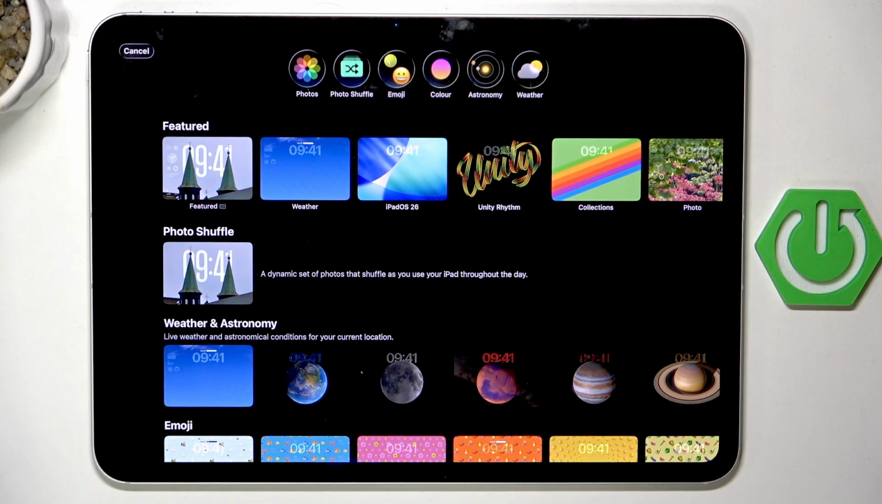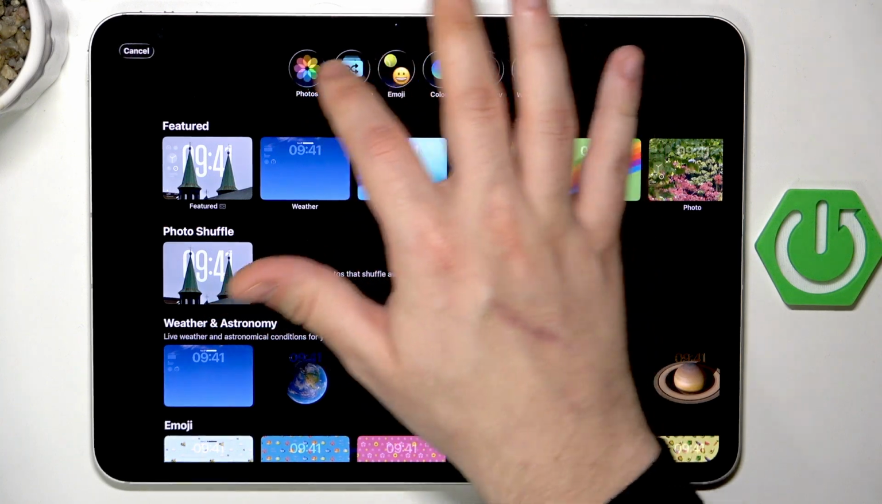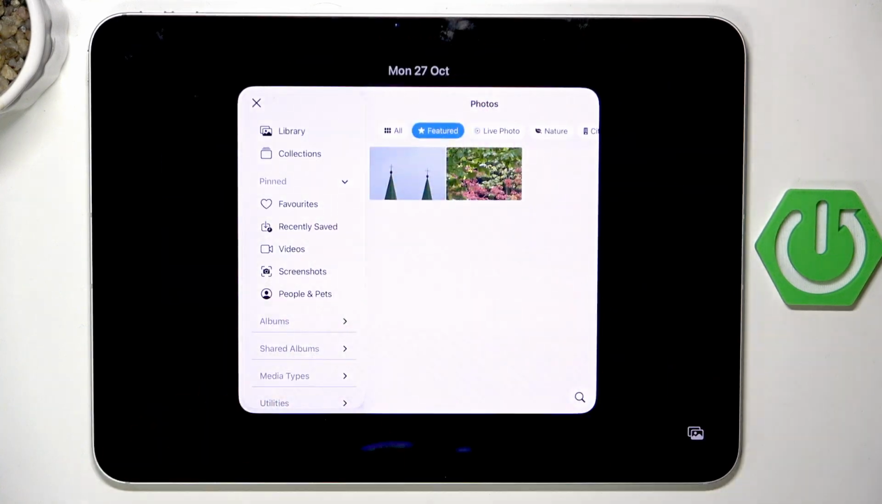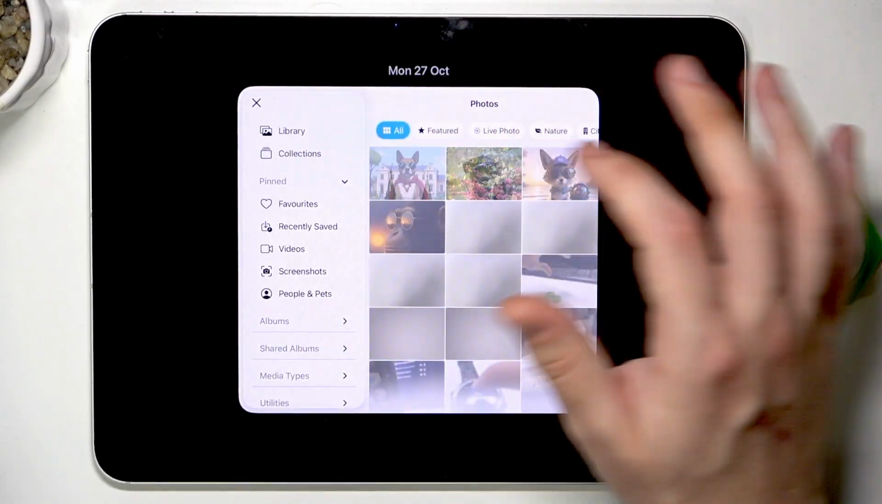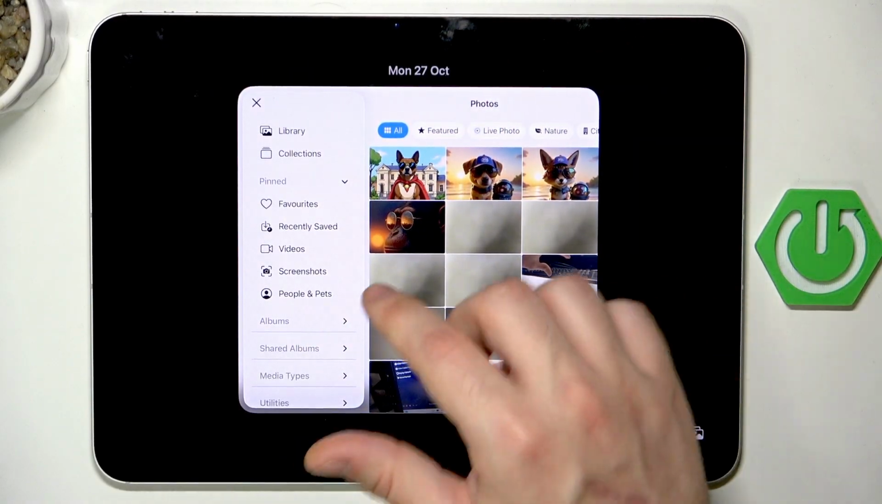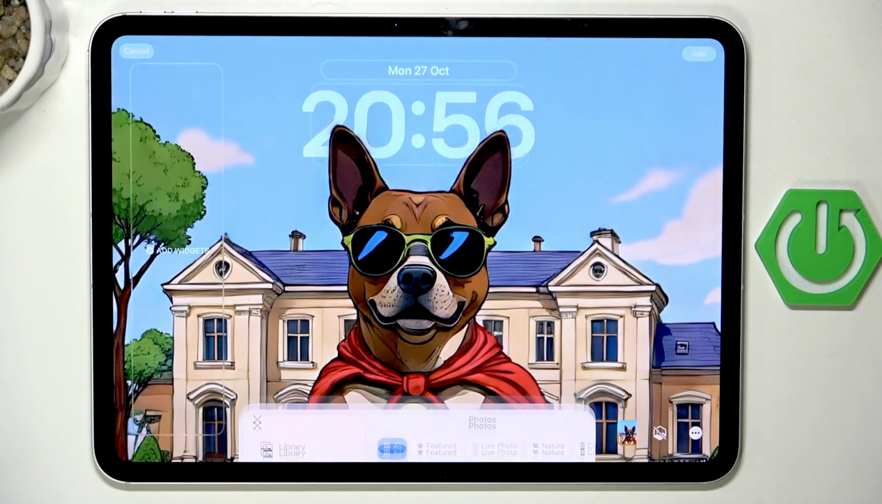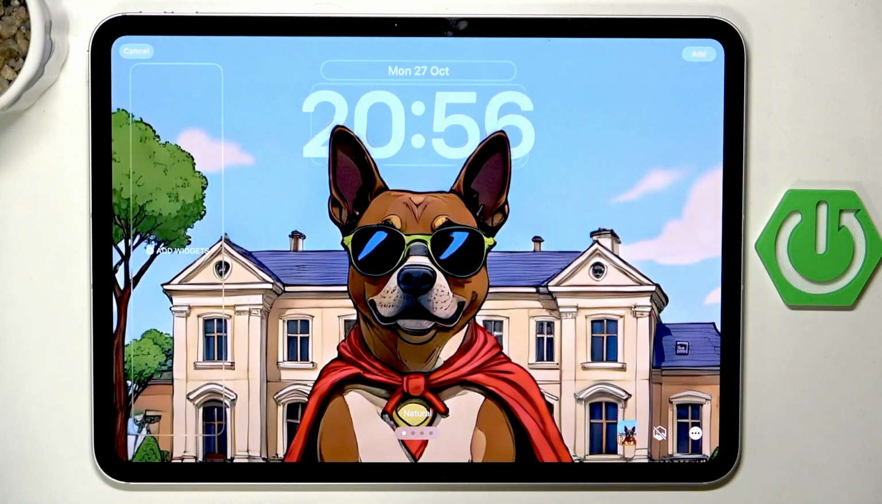And in my case, I'll show you the effect that I'm about to get based on one of my photos from the gallery. Click on all to see your whole gallery, and for example, I will use that photo as my lock screen. And now, if you want to use that cool 3D effect, all you need to do is to click on that icon,